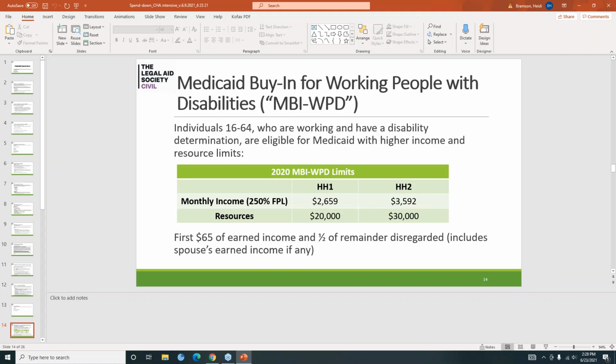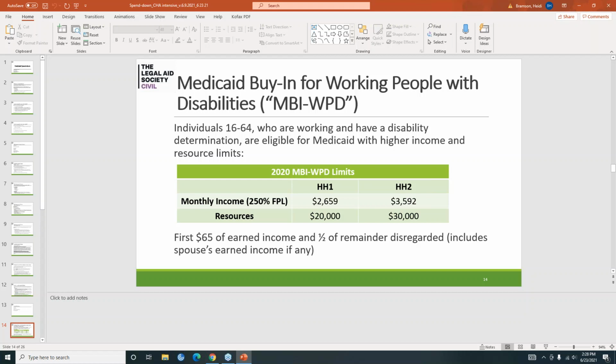So number one, the limits are higher already than they are for other Medicaid recipients. And then a good portion of one's earned income is not even counted. So while a household of one has an income limit of $2,659, in reality that income is actually higher than $2,659 because not all of that consumer's income is even counted.